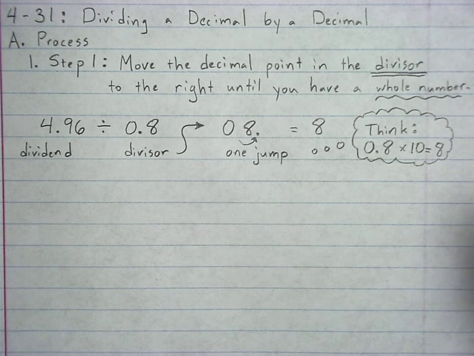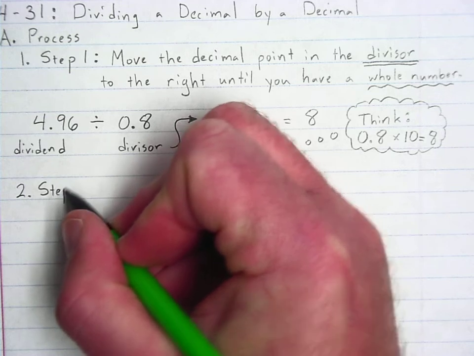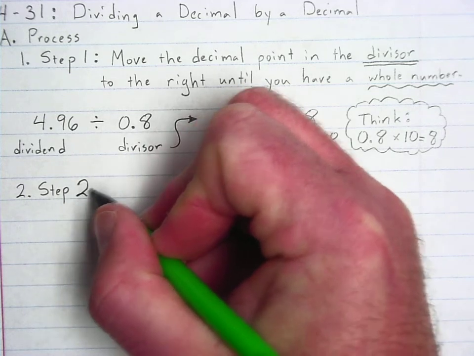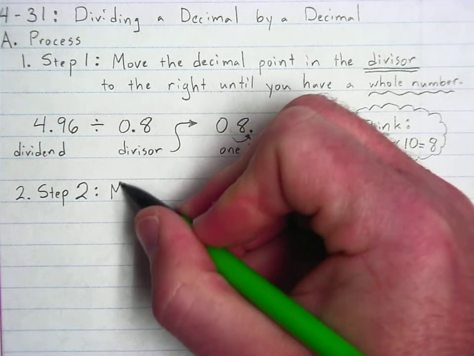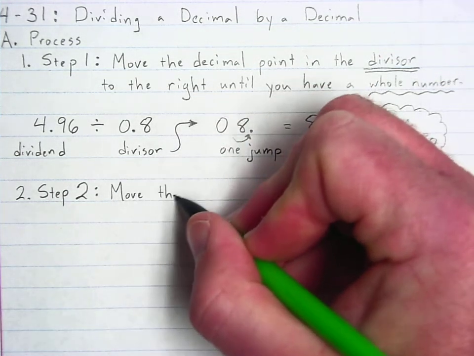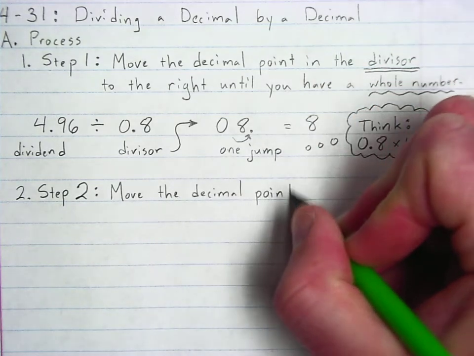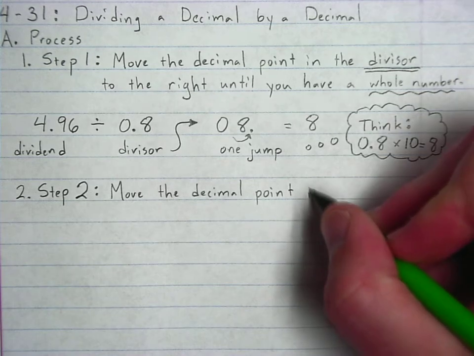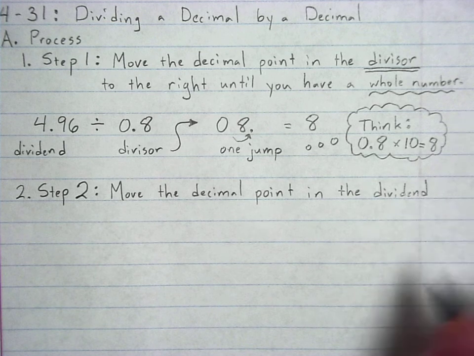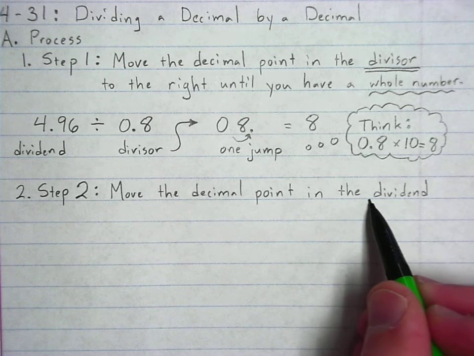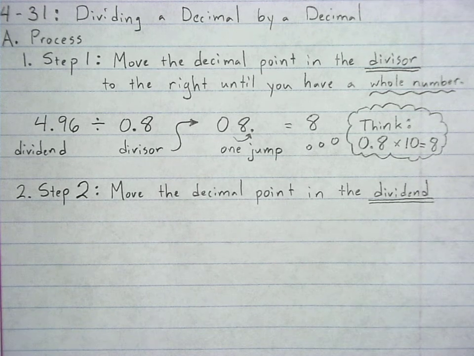Now that we have done this, step 2. You are going to move the decimal point in the dividend. So this time we're looking at the dividend. We're looking at the other part of the division expression. Move the decimal point in the dividend